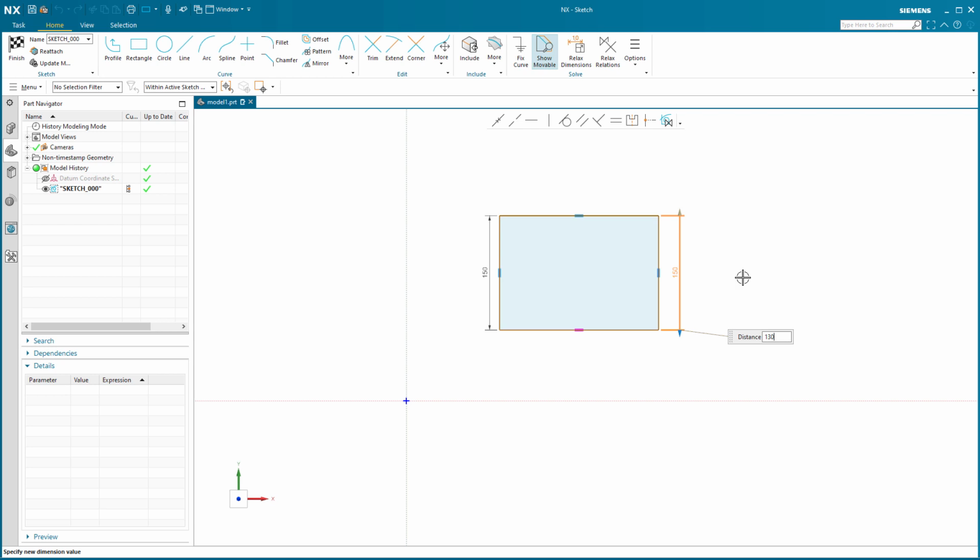That rectangle had 4 found relations, the horizontal and vertical relations. And when I come in and try to dimension this other side, in the old sketcher, I would have had problems. It would have come back and said, you're over-constrained or you have a conflicting constraint, depending upon the type of constraints that I was putting in. But here,